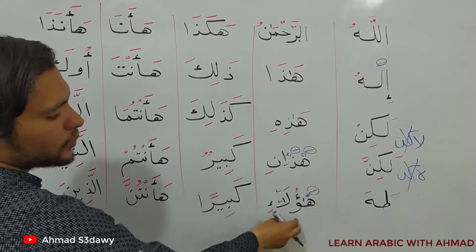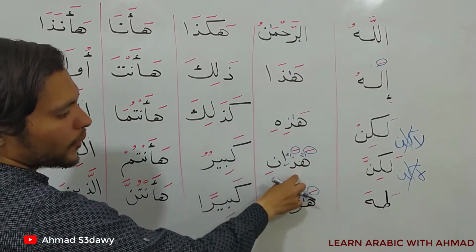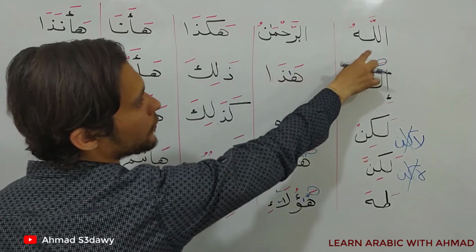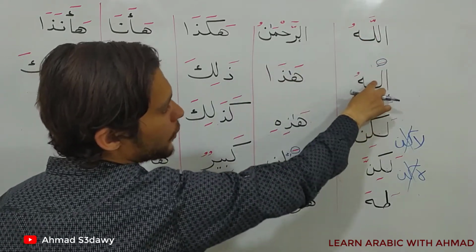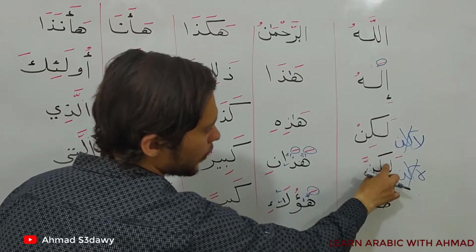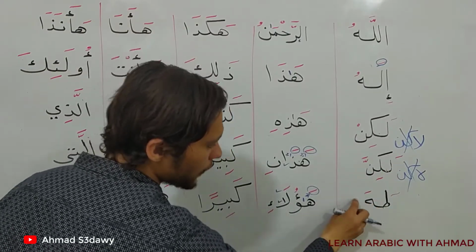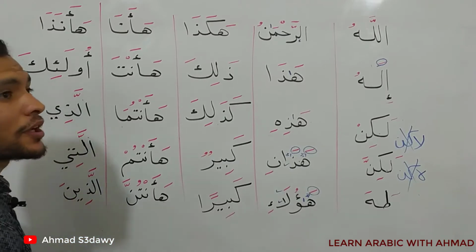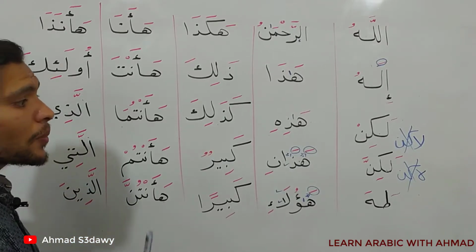All these words have a long vowel with alif, and here again a long vowel with alif, here, here, here, here and here. So you can tell that the long vowel alif in Arabic is pronounced in so many words,